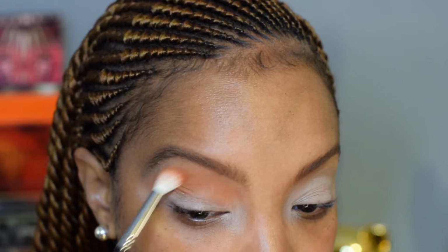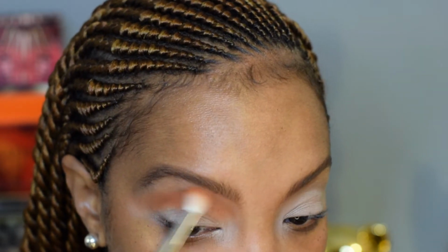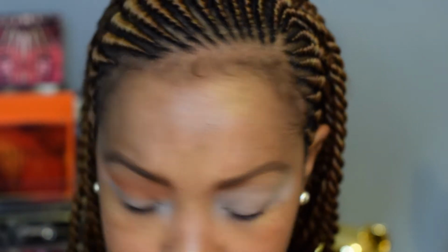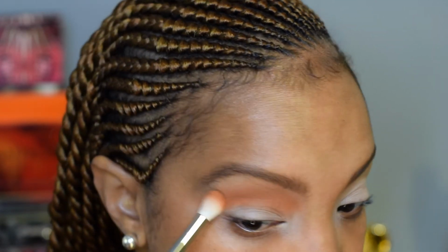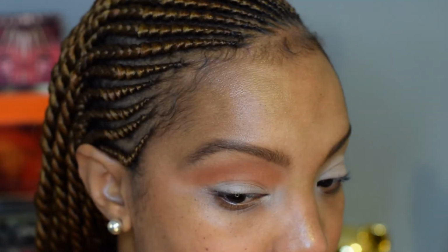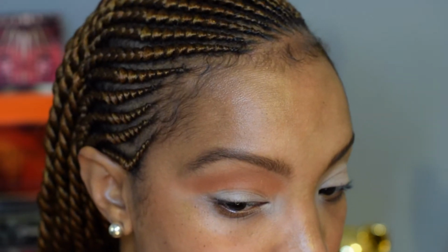And then the greens in this palette really did excite me. There are actually a lot of color combinations you can do with it. This brush is actually, I like it. It's not bad. It's light to hold. It's soft. I've never tried Morphe brushes before, like I said. I have heard very mixed reviews on the brushes, so I figured I would try it. Like I said, I got this stuff from the Ulta store